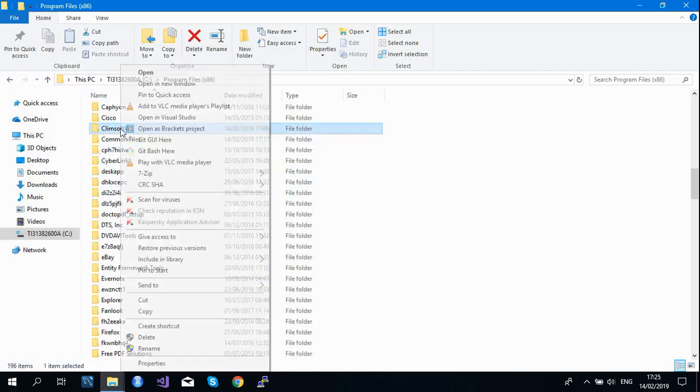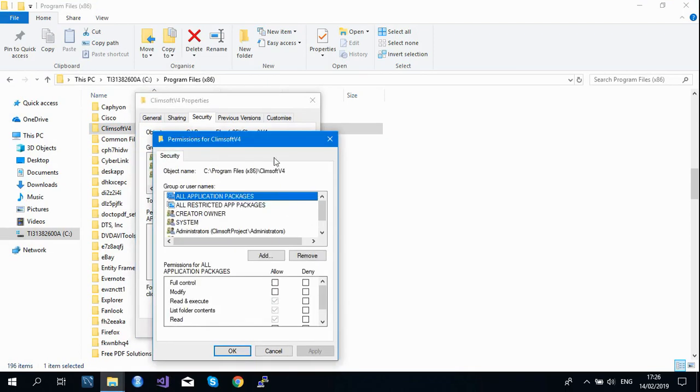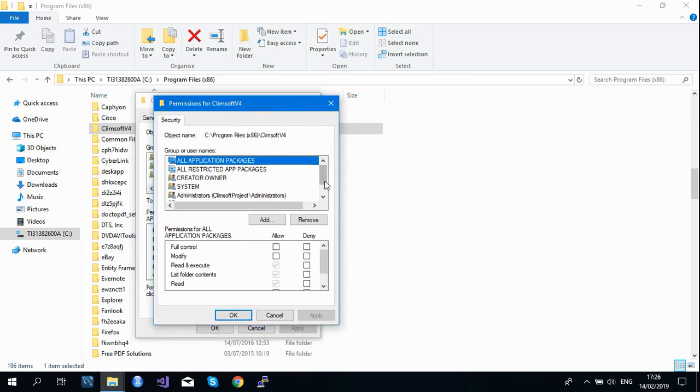If I check, my user is not listed here, so I need to add this user to give him permission to this folder. Just come here and click edit, and then check again if it's on the list. It's not there. If it is not, add.